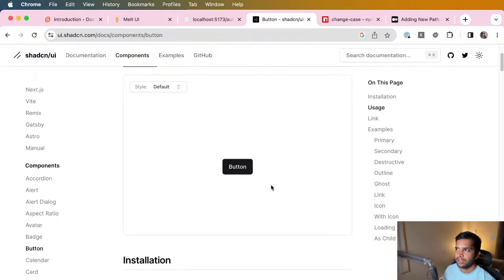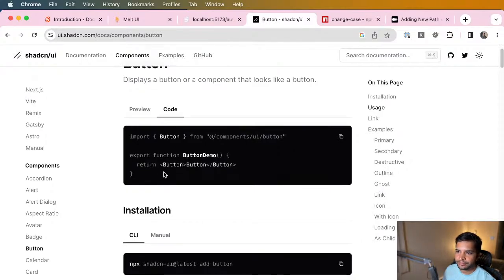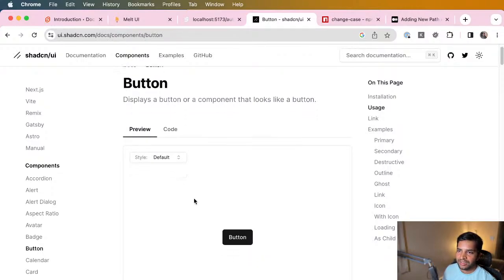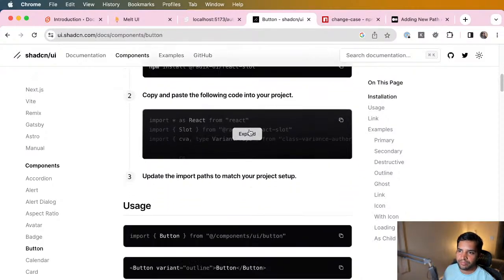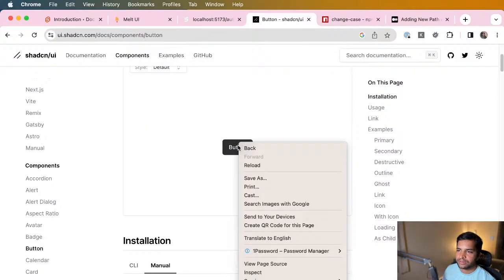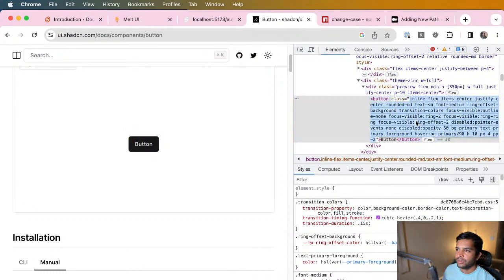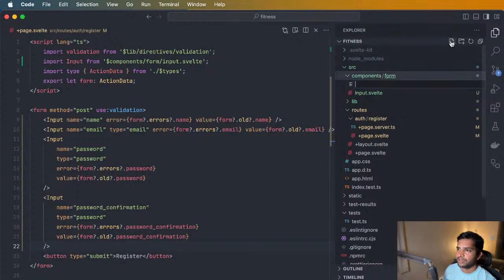This nice code, huh? Manual. Let's just copy all the colors. Form button svelte,